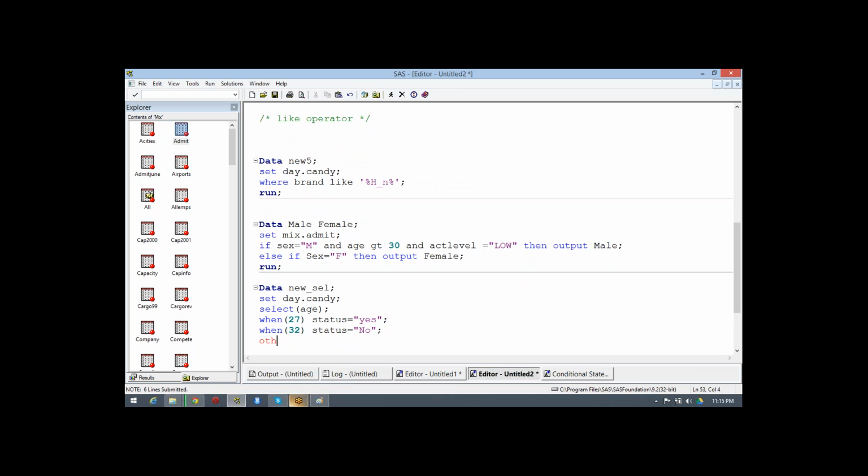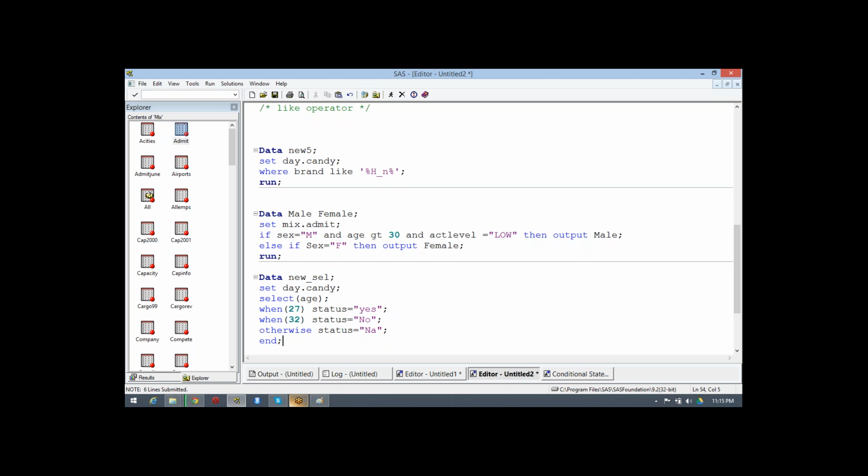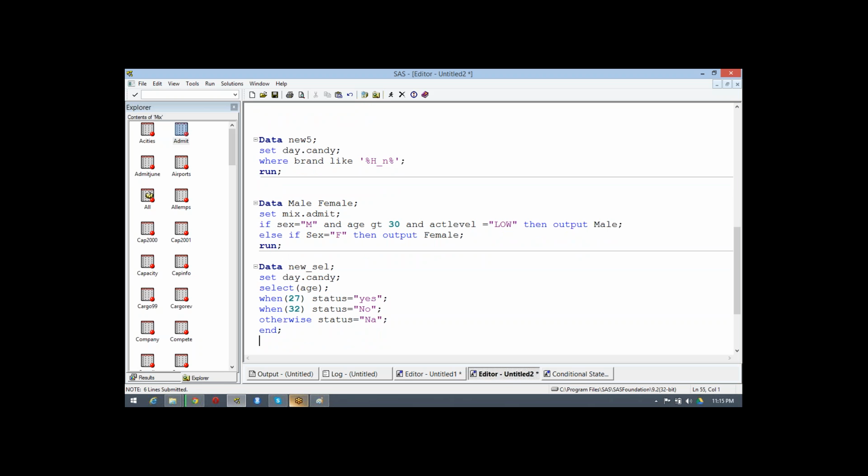So otherwise, always end with end, then you run the query. So let's suppose I'll keep only two variables to be displayed.